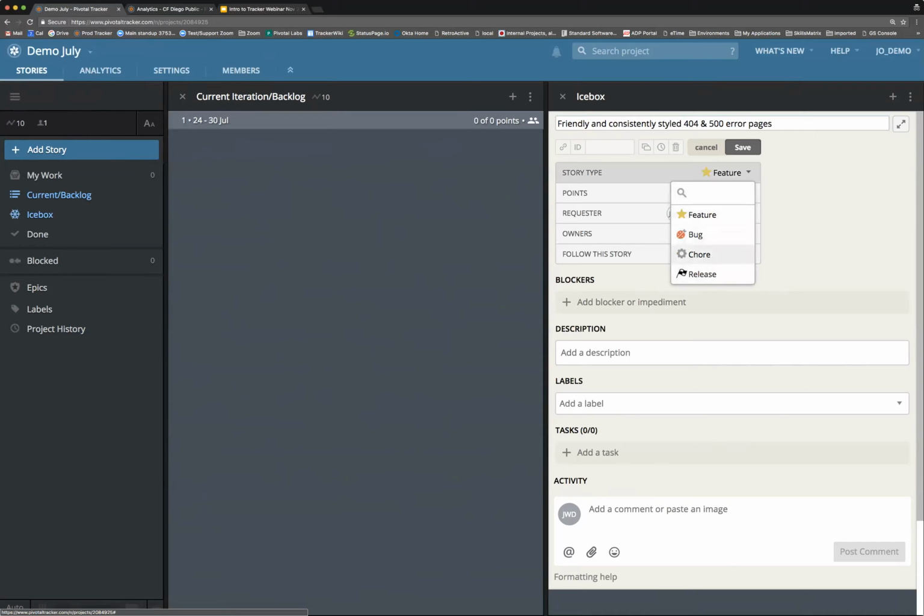Chore, which is a simple type that goes through a much shorter workflow than features or bugs. This is for stories that you're not necessarily going to have a project manager accept. Might be something that you used for infrastructure type tasks. Let's say you need a new SSL cert, you need to set up a test environment. That's the sort of thing you might need a chore for, and releases that I'll go into a little bit